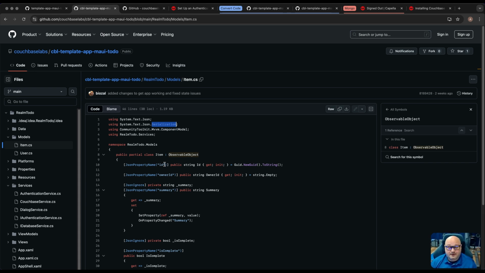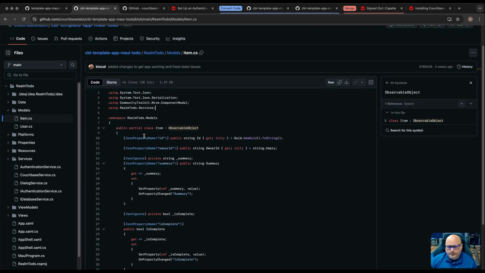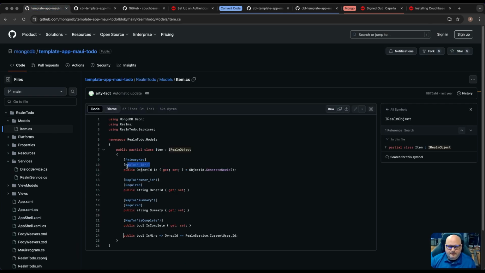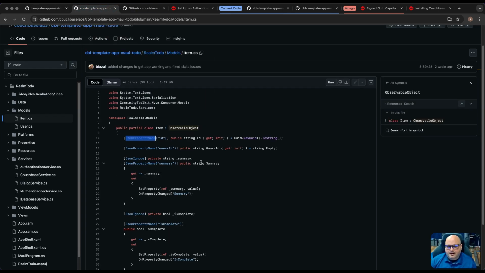the Couchbase Lite SDK in .NET is just a document database of JSON documents. Because of that, I'm going to use serialization. It's the closest thing to what Realm does. By doing that, we have a very similar experience. The first thing we need to do is exactly what Realm was doing. In Realm, we were just saying, hey, this maps to this field, right? So these are a map to field, saying in the JSON document, we're going to have it look different than in the JSON. So I'm going to make this the ID field,